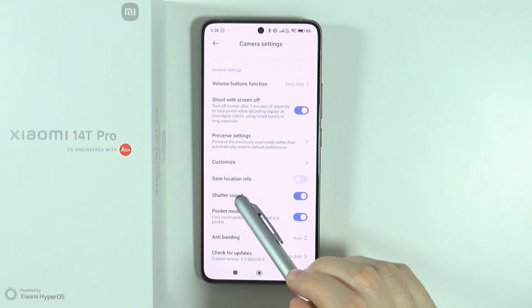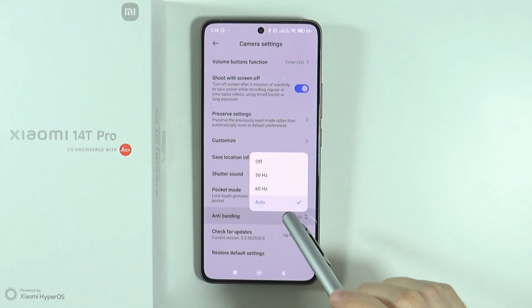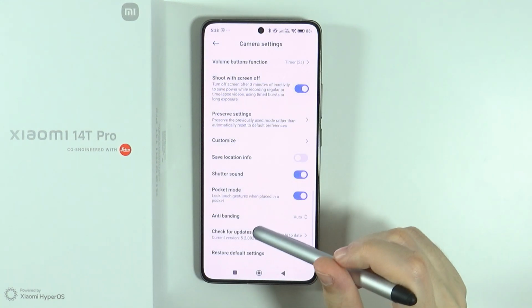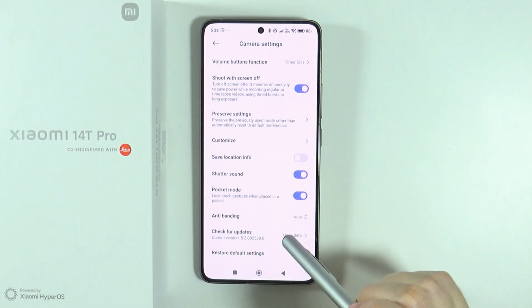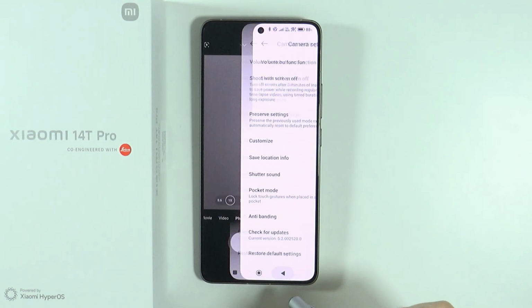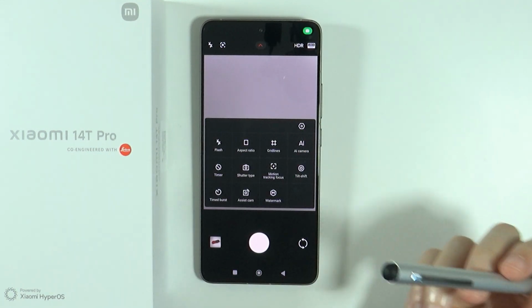Then we also have the shutter sound, the packet mode, and anti-banding, which is set to auto, or we can turn it off or set it to 50 or 60 Hz. We also can check for updates for the camera. If it's up to date, then of course we can see this information over here, and we can also restore default settings. And of course, in addition to that, if you open this arrow in the camera itself, then we